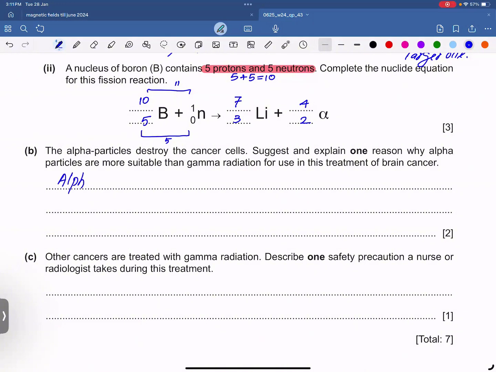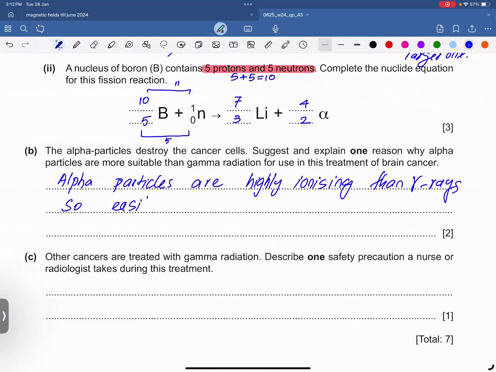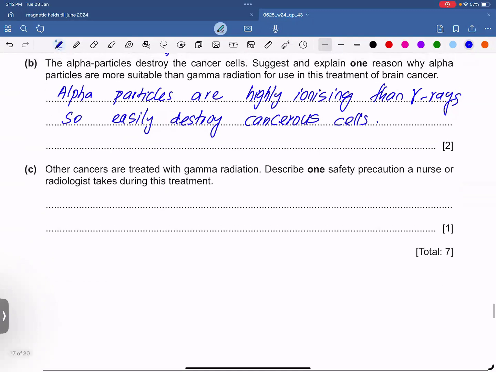So alpha particles are highly ionizing than gamma rays, so easily destroy cancerous cells. Next,